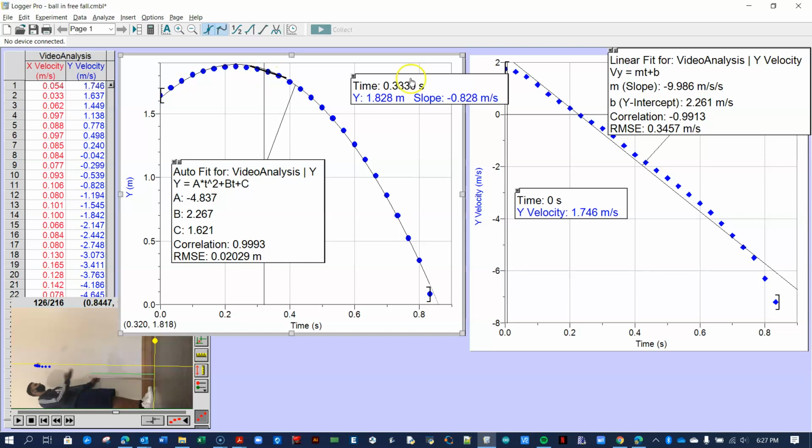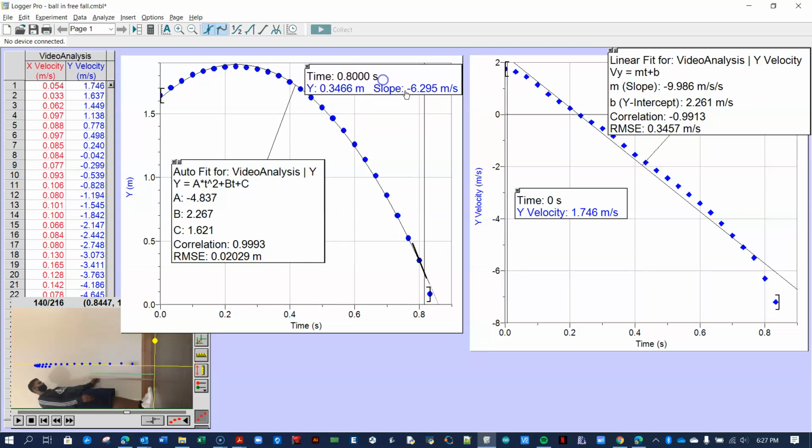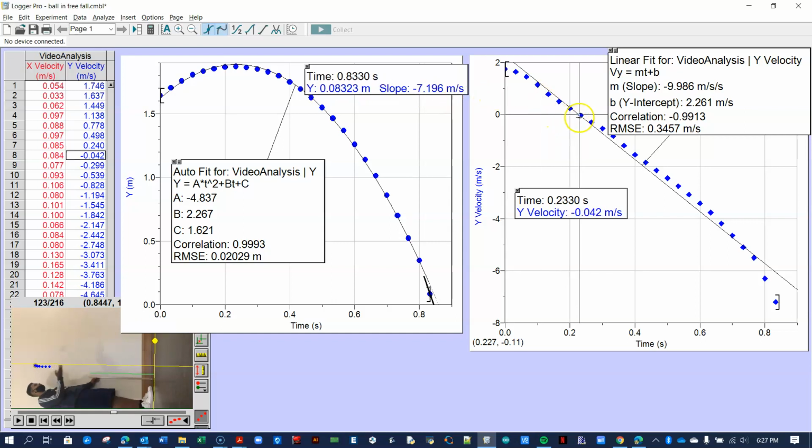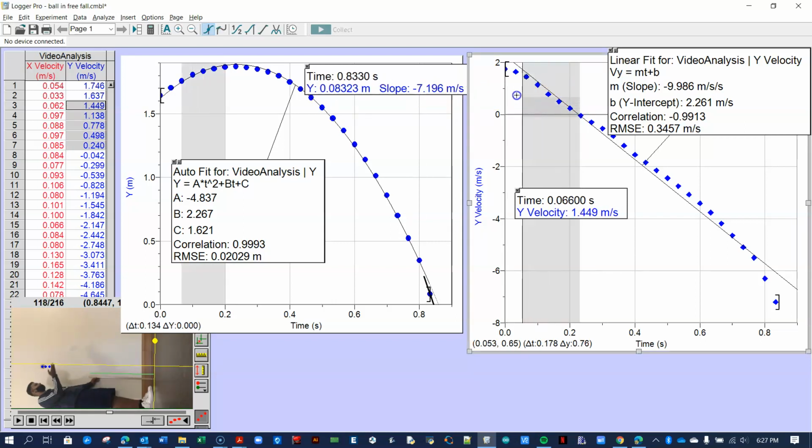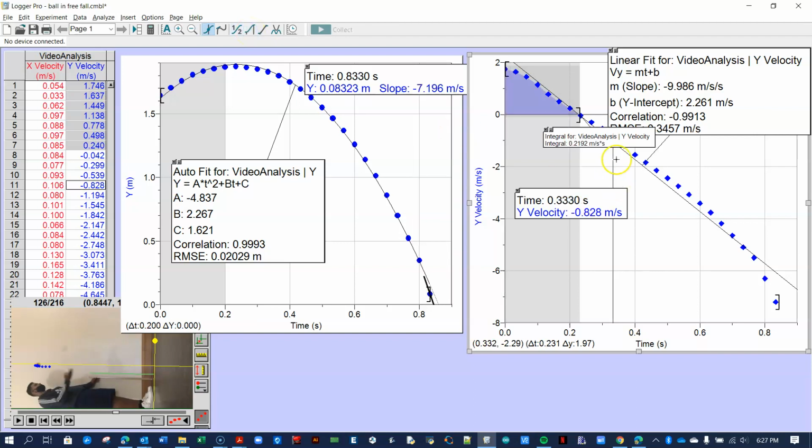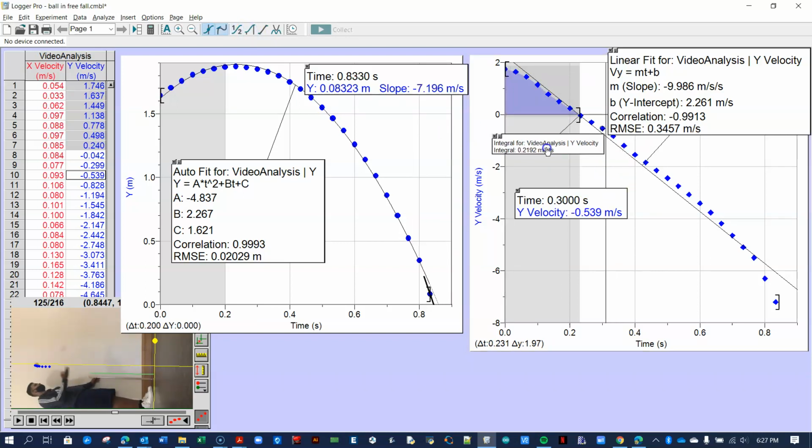All right. If I look at the velocity time graph, I can do the same thing. If I want to get the displacement on the way up, I can highlight this first part here where the ball is going up, leaving at a high positive velocity and then rising until it reaches a zero velocity. And if we calculate the area under that curve, if we fit the integral rather to it, we can see, I'm not going to take the time to blow it up,